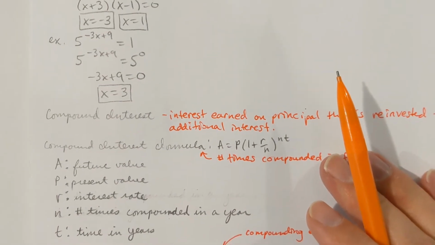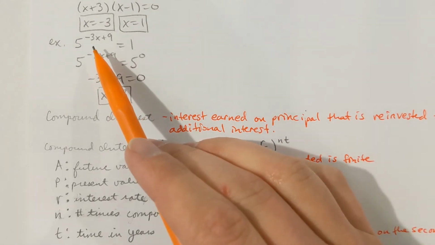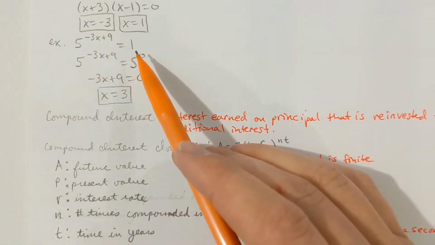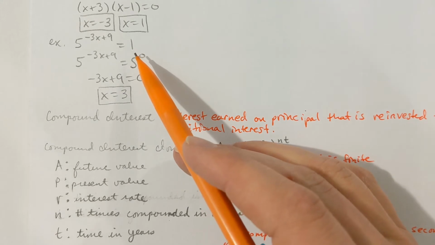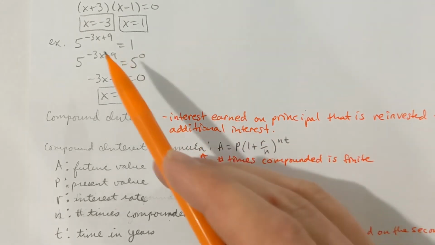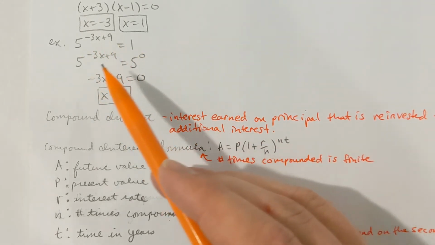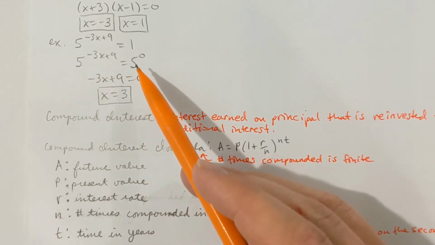Okay, here's another example. Solve for x. Now, sometimes you got to be a little creative with it. Okay, at least at this point, I still want to try to get the same base on both sides, and I can do that. I can get base 5 on both sides